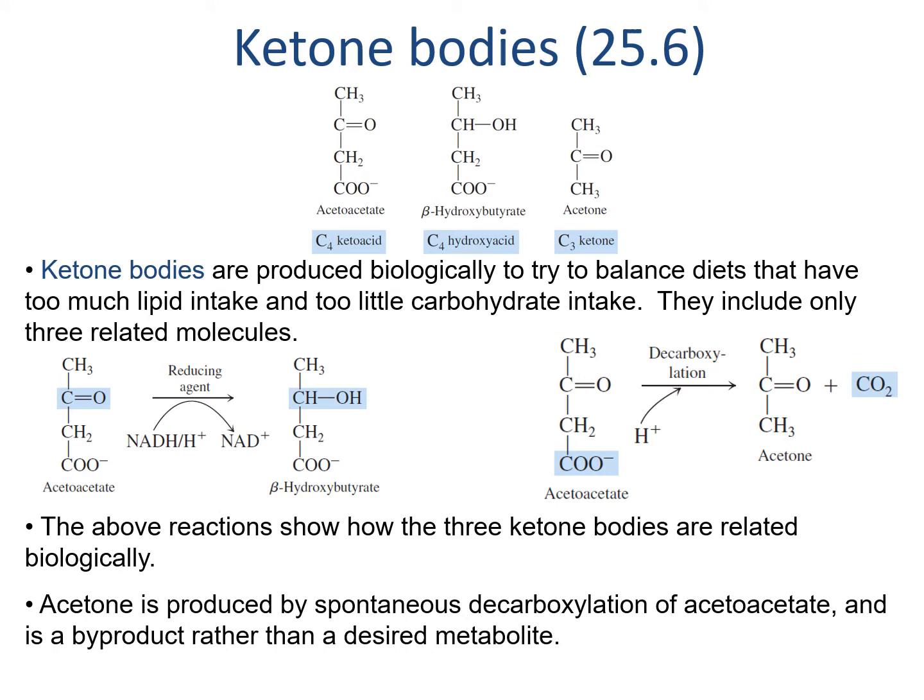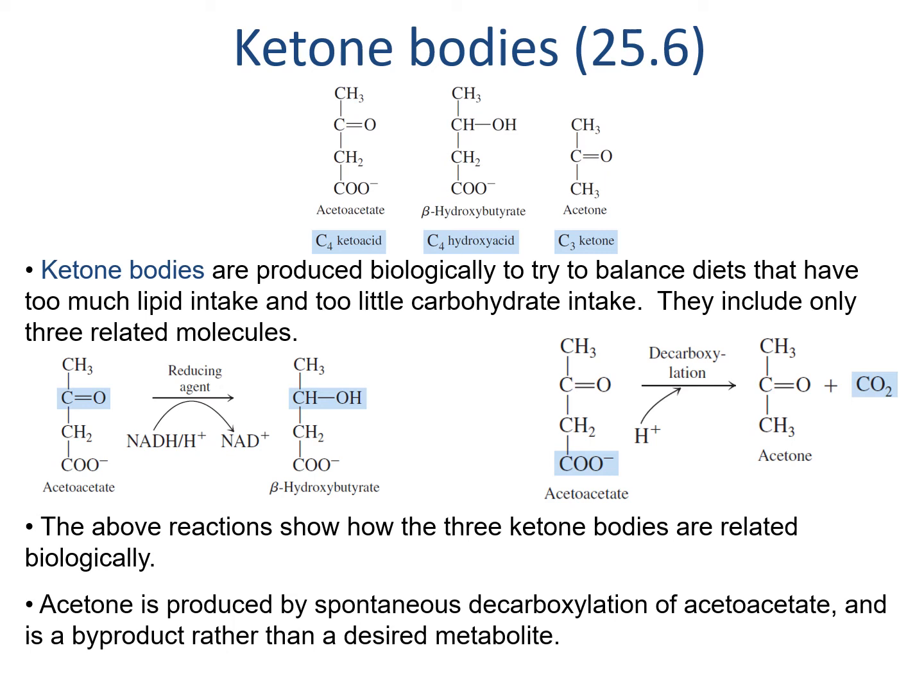Since fats are unable to supply energy for the brain, but are likely to be the main energy source during periods of fasting, it's important to have some way of getting fatty acid-based energy into a form that can pass through the blood-brain barrier. We can't make glucose from fatty acids because there's no route from acetyl CoA back up to pyruvate. Instead, we make a class of compounds called ketone bodies.